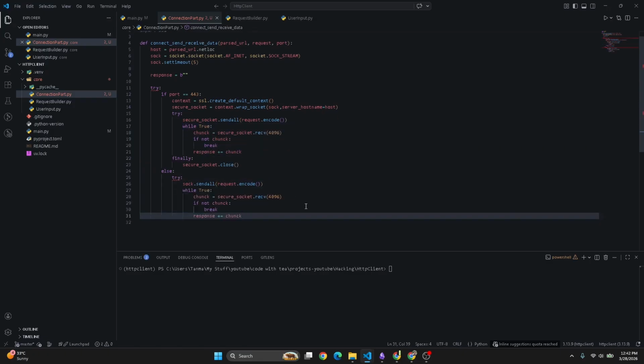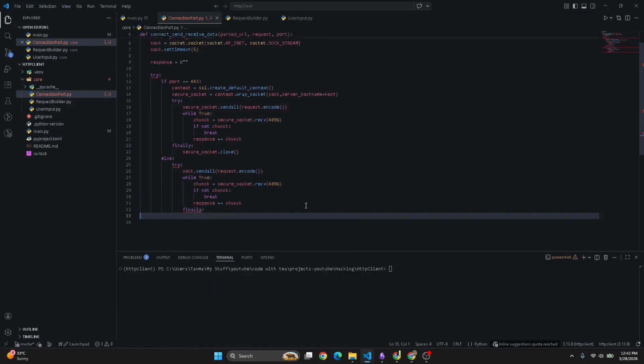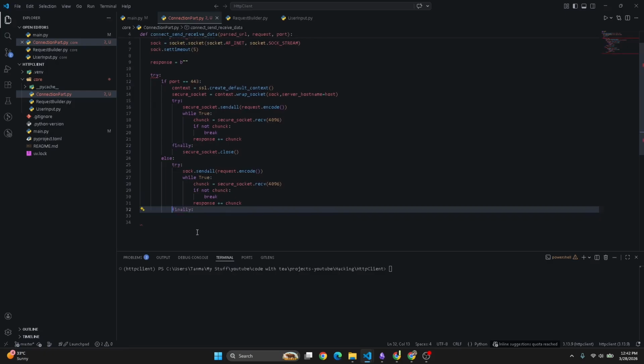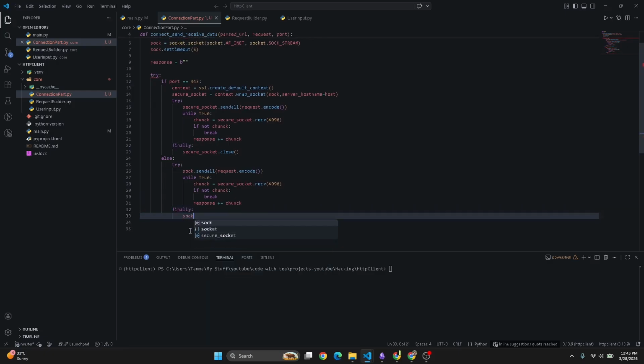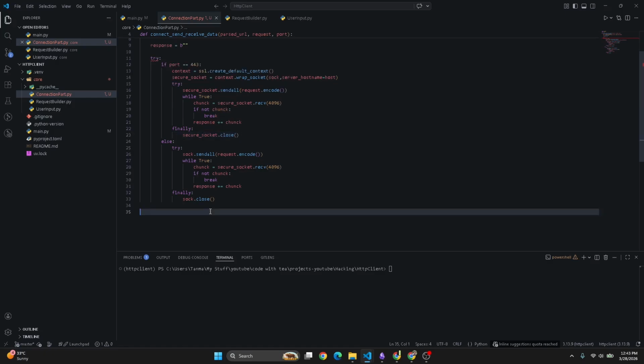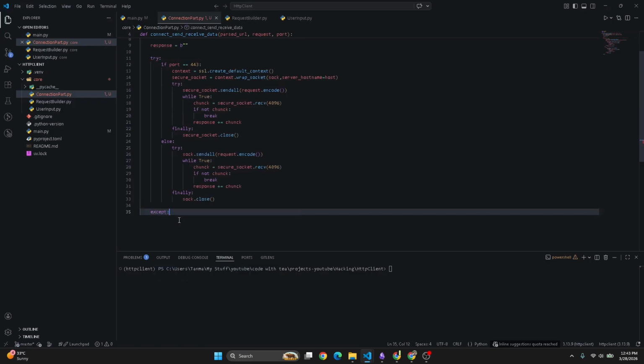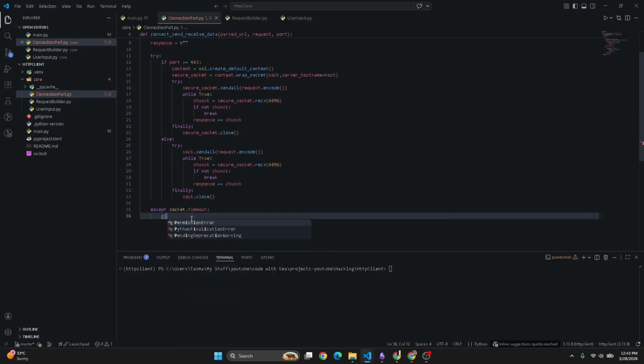Copy and paste. Now we have to finally close the connection. Socket dot close. So yeah, we have to close it like this. Now we might get an error while doing the connection, like it can be a timeout error. So we have to check for that as well. Except socket dot timeout error. There could be a timeout error. We have to print